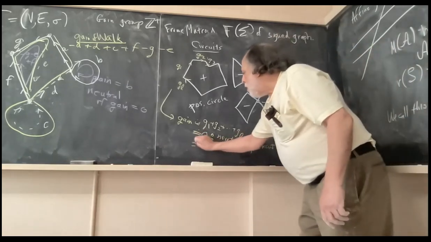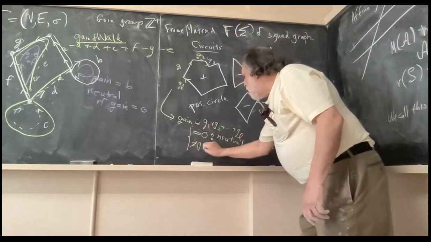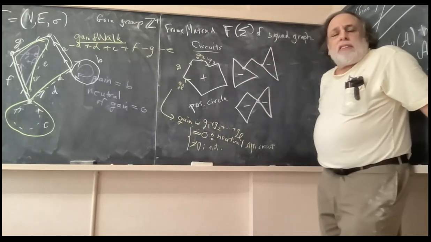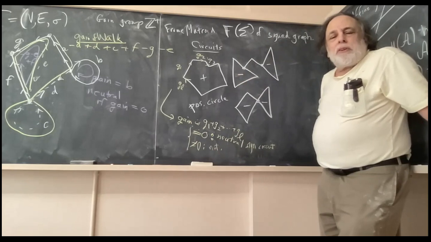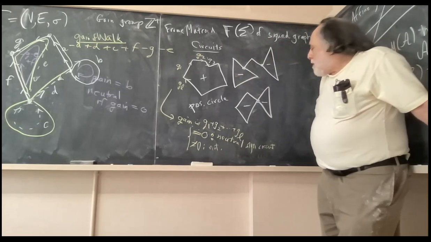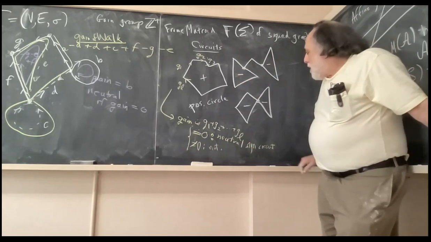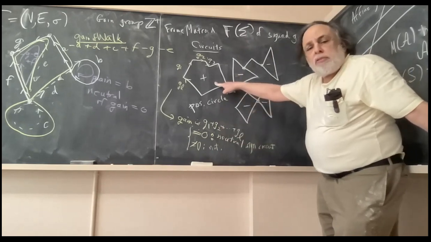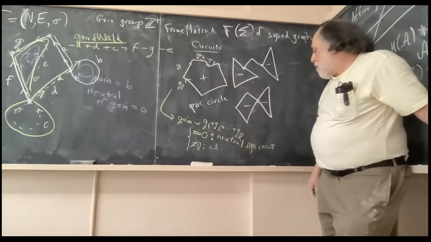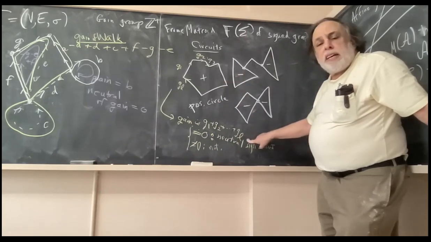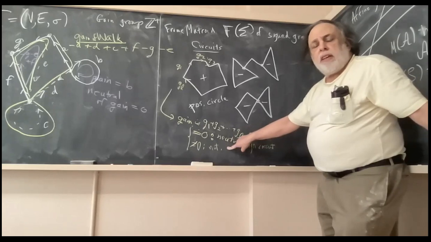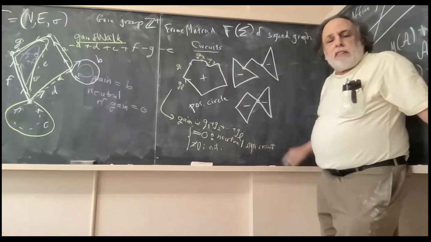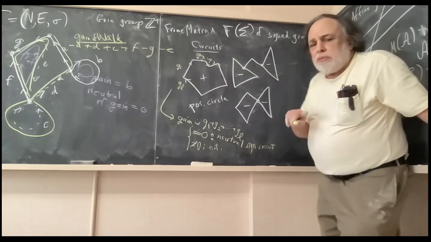Suppose it's not equal to 0. Then it's not neutral. Actually, we call it frustrated. That's a term that comes from physics, but it was so good that I had to adopt it. And so we have here two kinds of positive circles, neutral and non-neutral. If it's neutral, it's going to be a gain circuit. If it's not neutral, it's not going to be a gain circuit or a gain sine circuit. It's going to be something that's part of a circuit possibly, but that's where I'm not even going to try